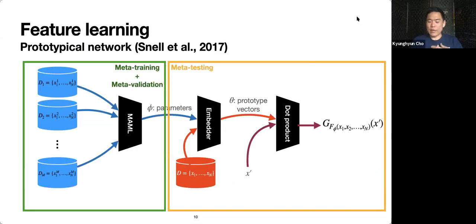So what that means is that we have to be a bit careful in order to avoid any kind of information leakage. If you look at the prototypical network as an example, to get the parameters of this embedder, the embedder that's going to take as input the few training examples and produce these prototype vectors, we should only use the training, validation, and test sets of few-shot data sets. We should never use the actual examples of the test-time few-shot examples.